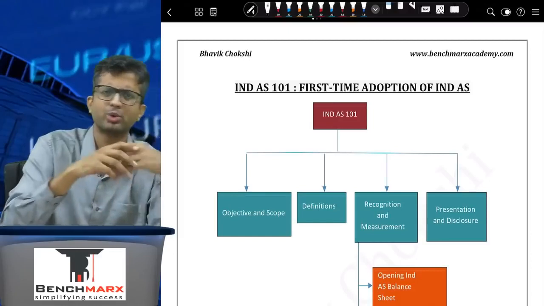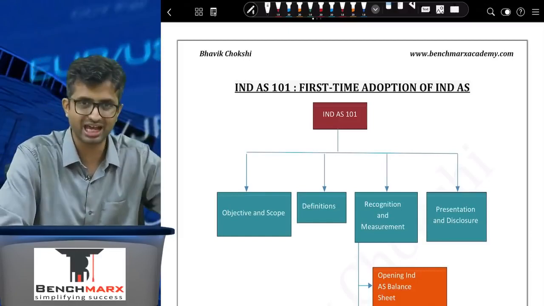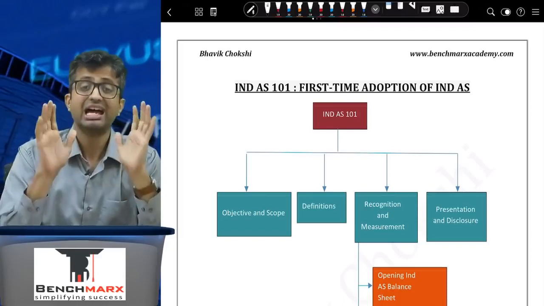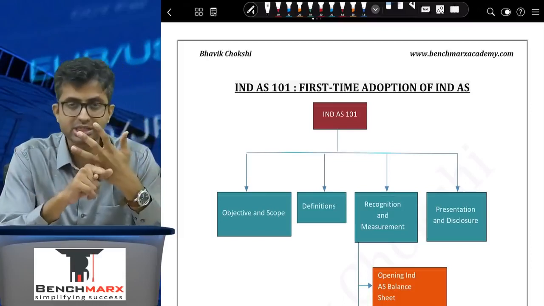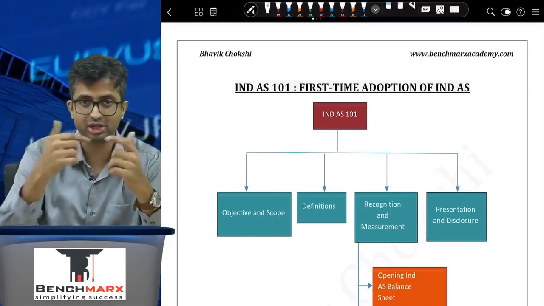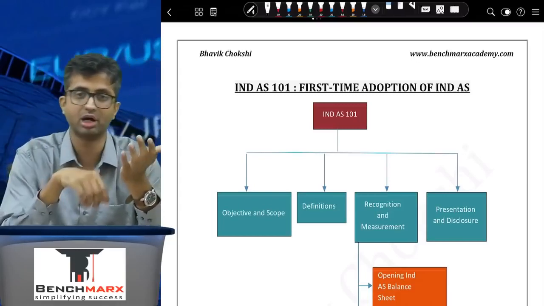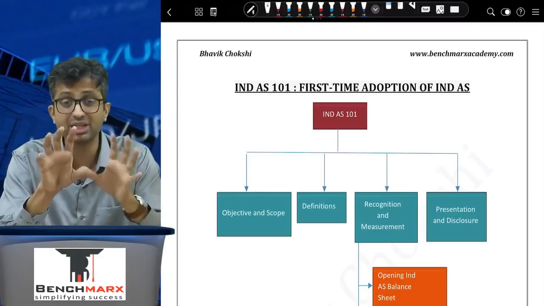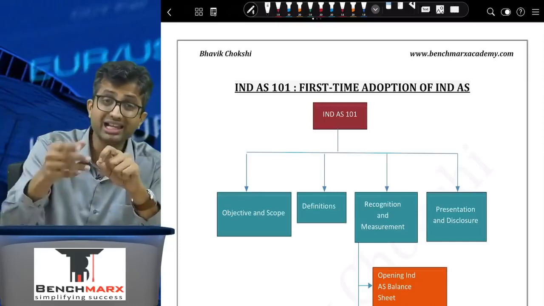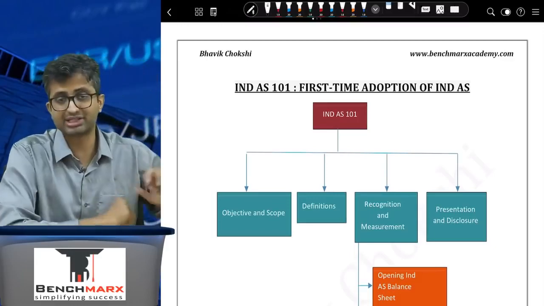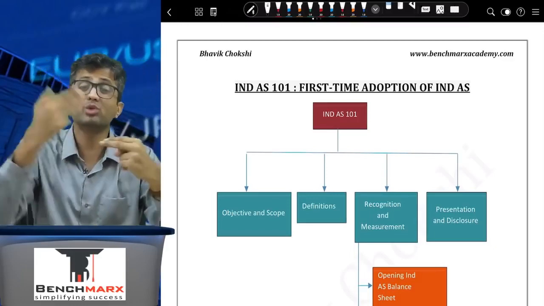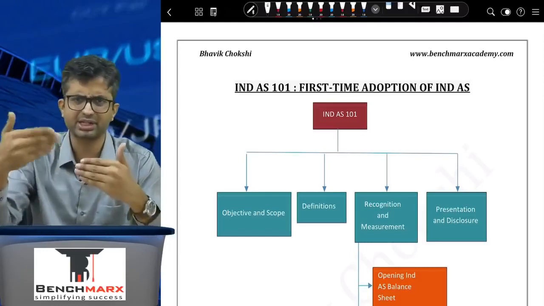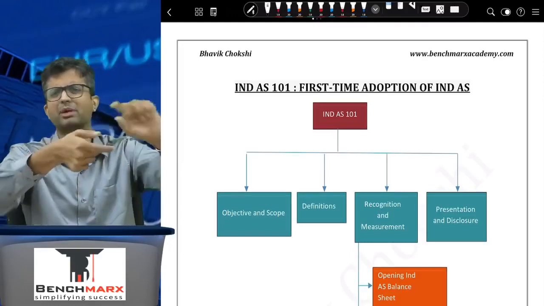You will compare that with the accounting under in India AS, that is called as previous GAAP. And you will make certain adjustments. Usual rules are when you transition, let us say from 31st March 19 to 1st of April 19, you will have to remeasure all assets and liabilities as per Ind AS unless some deemed cost exemption is given under Ind AS 101. You will have to reclassify items under Ind AS. Like for example, investment property has to be reclassified. Preference share capital will probably go